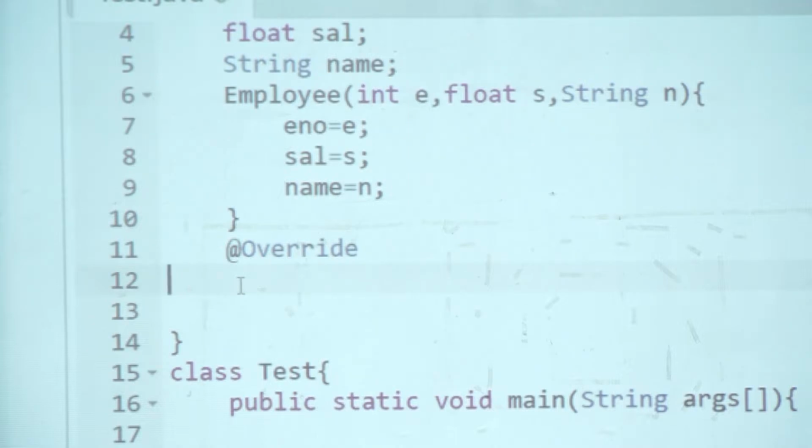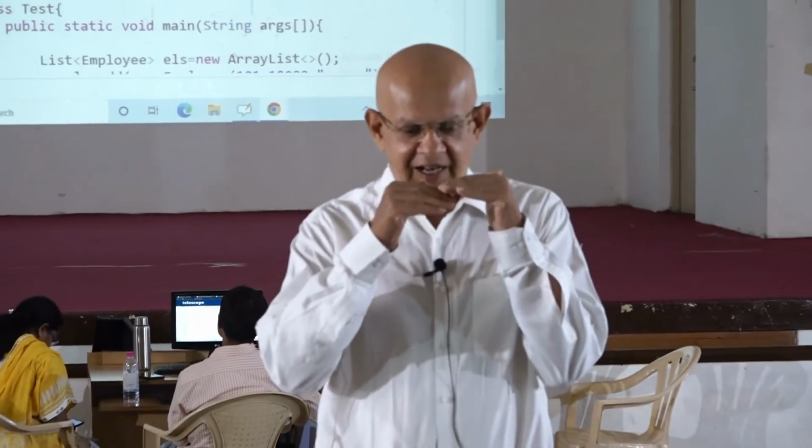For those who read the code. Other than that, one advantage I will agree is reader friendliness, that this is an overridden method, good habit. But why is it otherwise a good habit? Anyone? No? Okay. See, when I say I am overriding something, what Java will do is, it will look for a